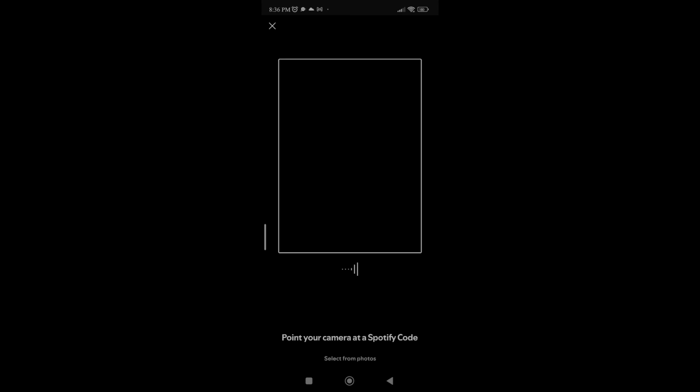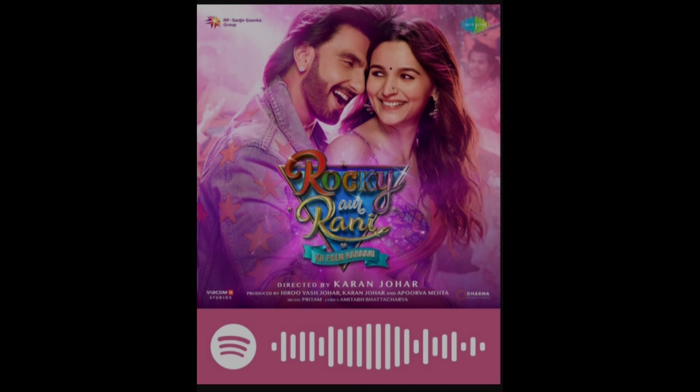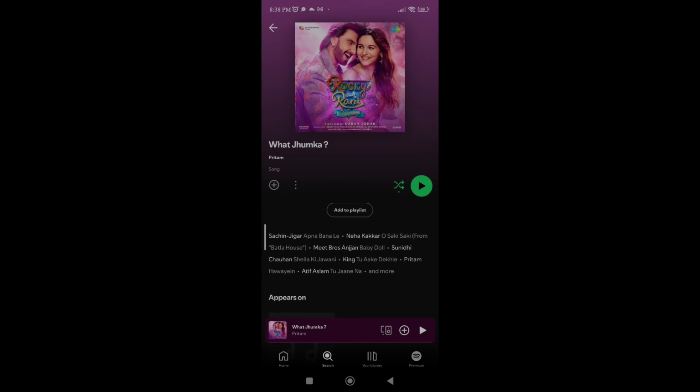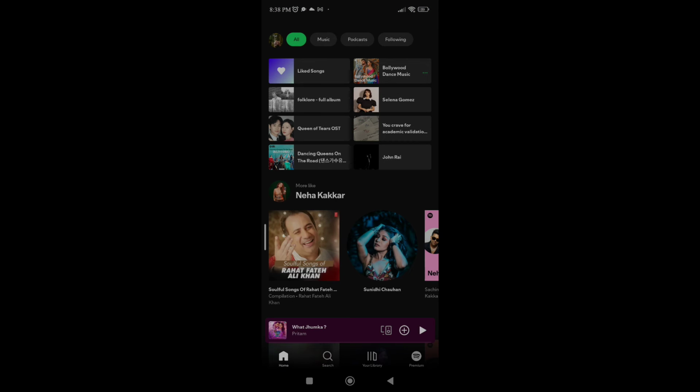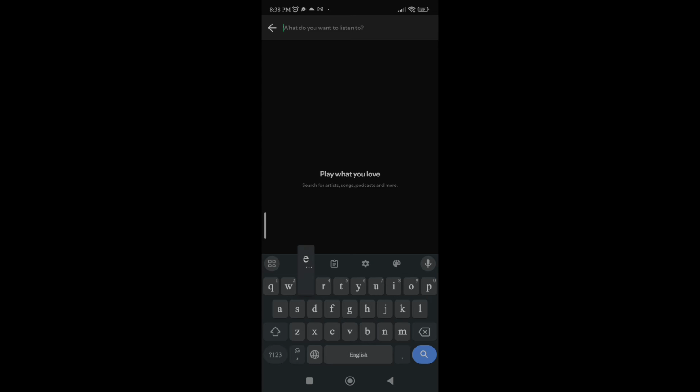So I have to allow Spotify in order to scan the codes, and this is basically how we do it. So I provided Spotify with this code, and as you can see here, it is scanning, and it has directly led me to the same song. So I could just play the song now without the need to search it up,